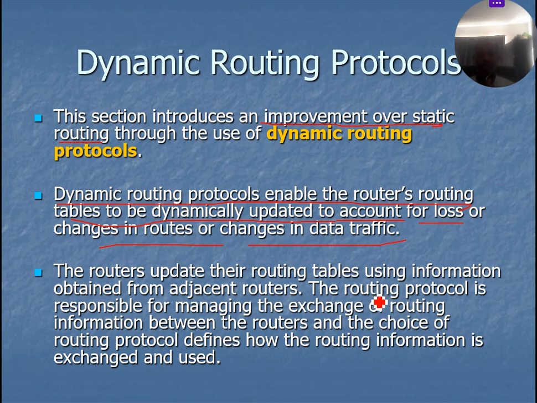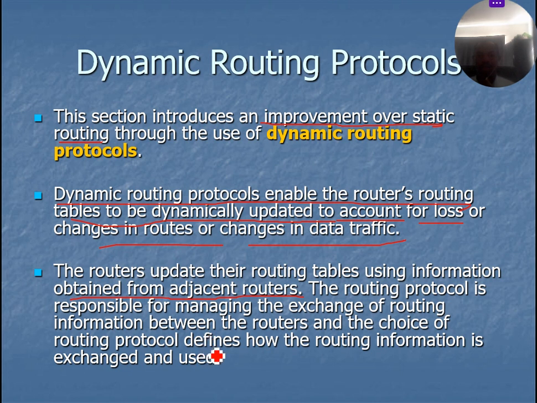Okay, the routers update their routing tables using the information obtained from the adjacent router. The adjacent router could be router A, okay, router B, router C could be the adjacent router, and the information they receive from router A, they will update in their own routing table. The routing protocol is responsible for managing the exchange of routing information between the routers and the choice of the